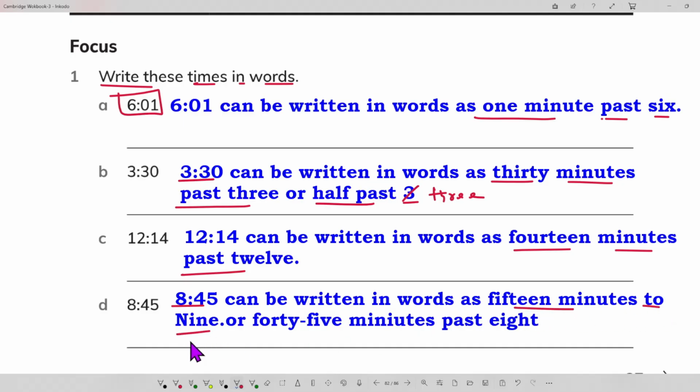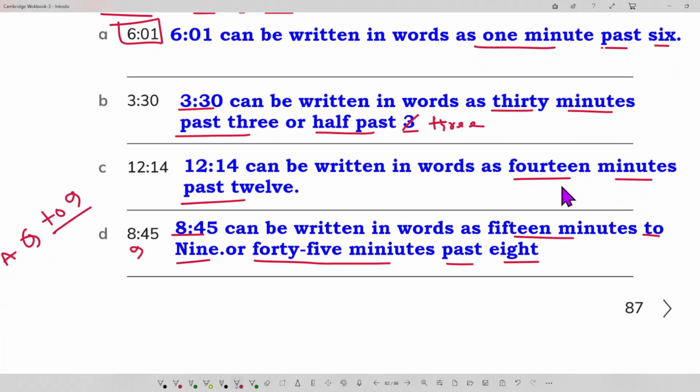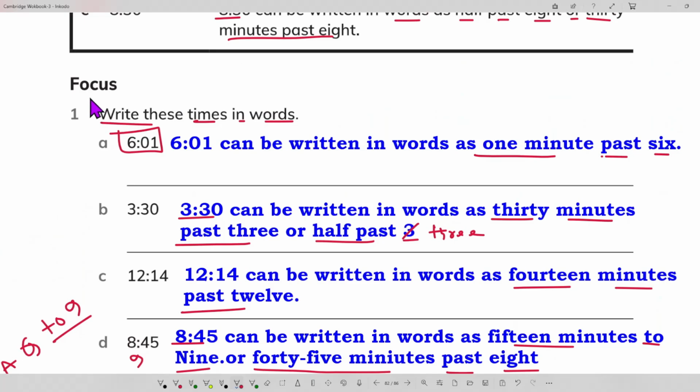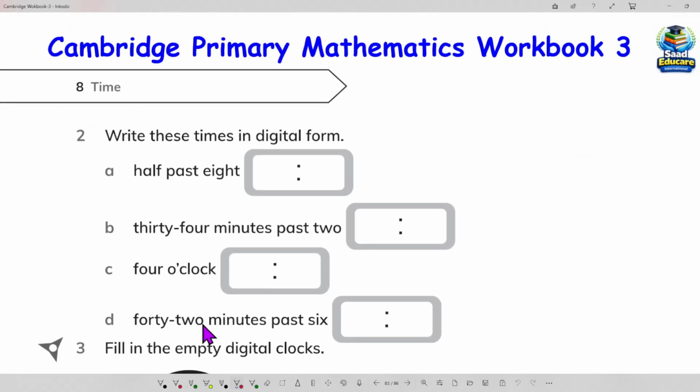It means we need 15 minutes to go to 9, or we can say 45 minutes past 8, or we also can say quarter to 9. So the first one is done. Next,